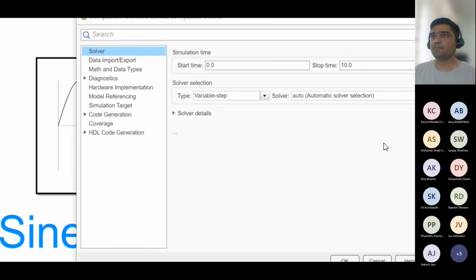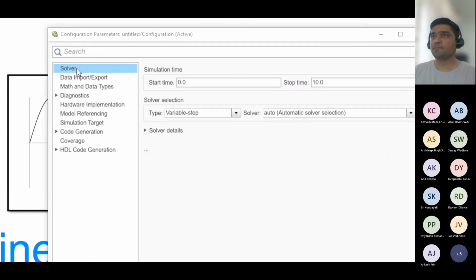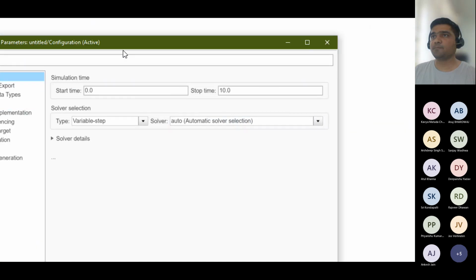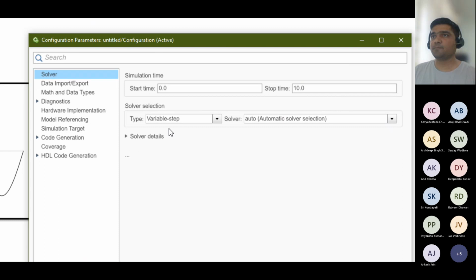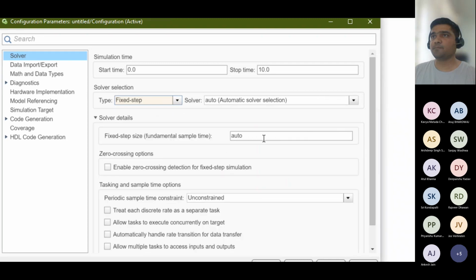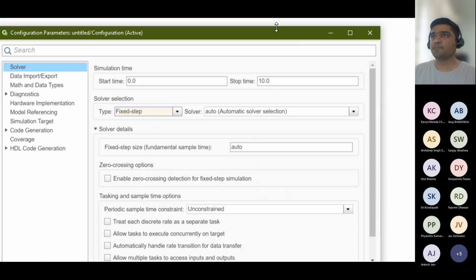Yeah, so there are a bunch of options inside model settings. There's a simulation time, a start time, a stop time, a variable step solver, and so on. So if I look at the solver, it has some things. If I just change this to maybe a fixed step,